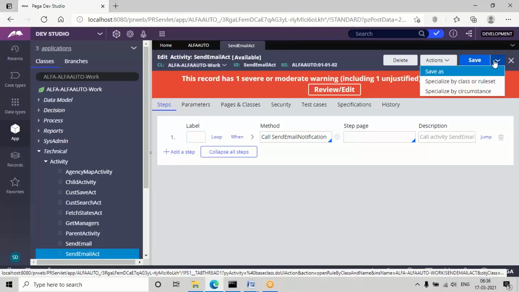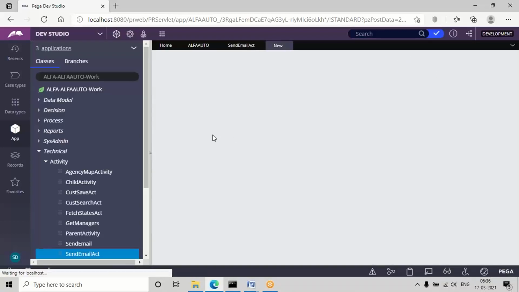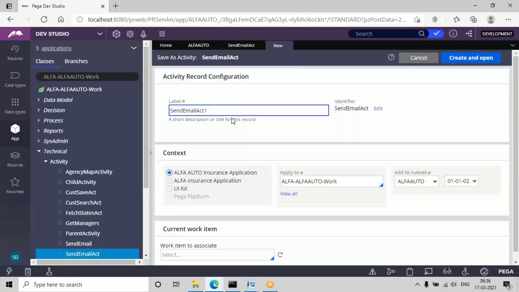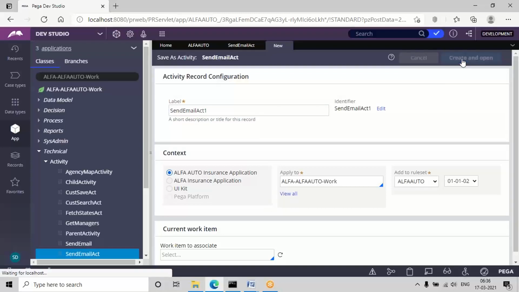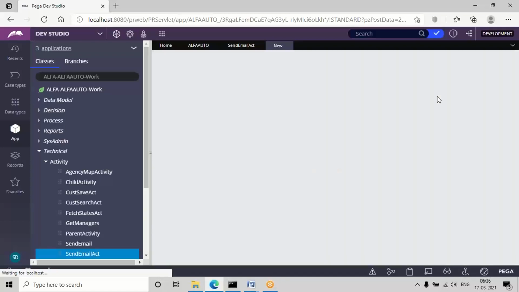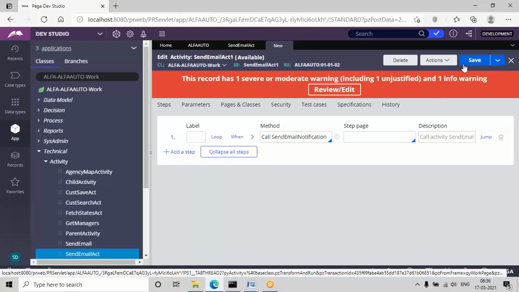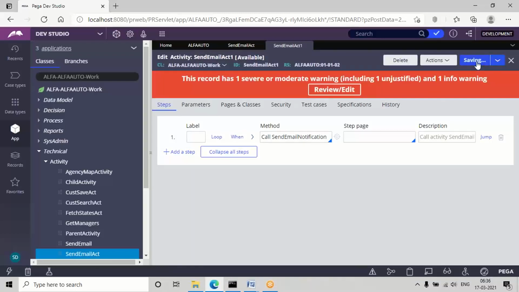Use the save as option and update the name of the activity. I'm giving it as one, and open this. Okay, save this activity.